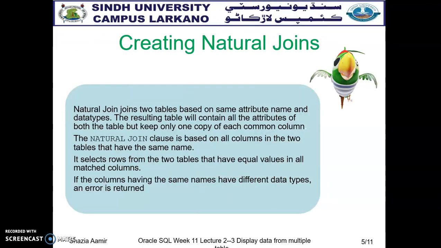What is natural join? A natural join joins two tables based on the same attribute name and data type, and the resulting table will contain all the attributes of both tables but keep only one copy of each common column.